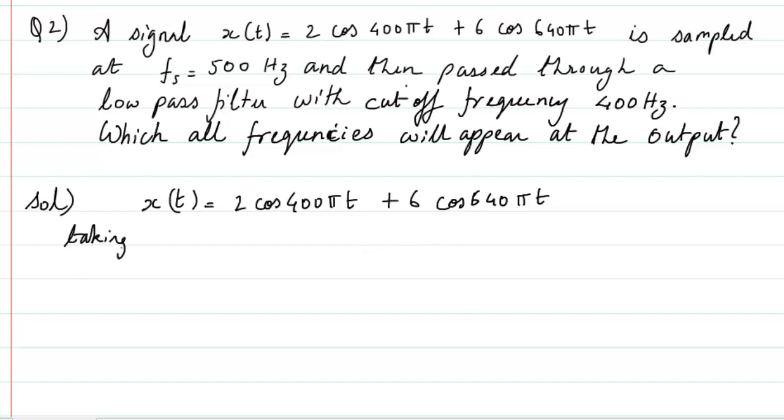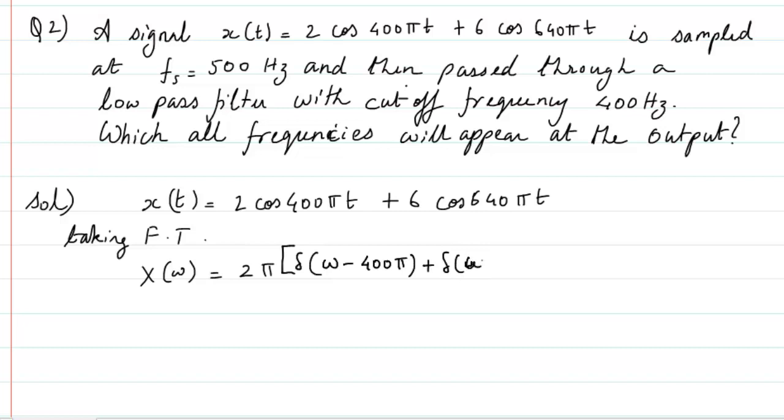Taking Fourier transform, I will get x of omega is equal to, the first one will be 2 pi delta omega minus 400 pi, plus delta omega, first I should write plus, then minus 400 pi, and the second one is going to be plus 6 pi,